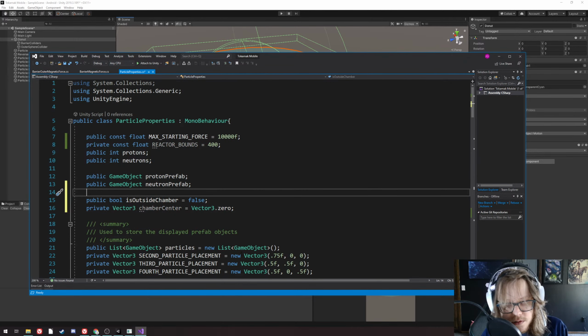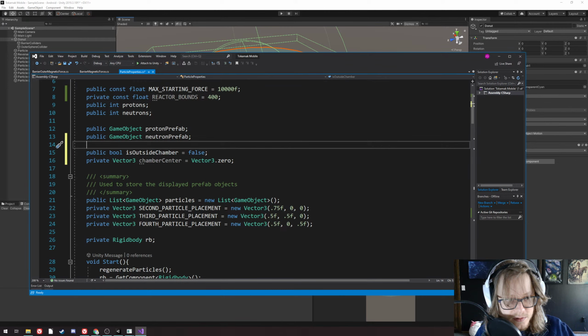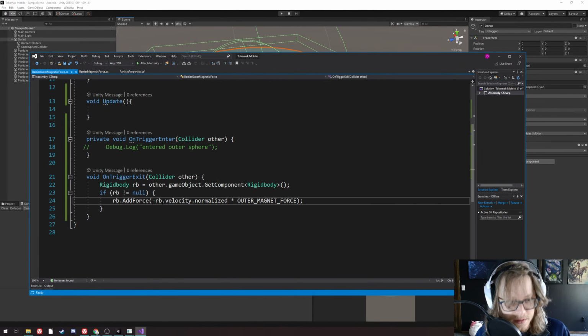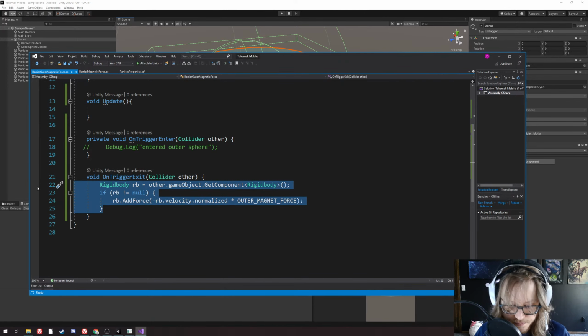The center of the world is at 0, 0, 0, and I think that it always will be for my purposes. So when you exit the chamber,